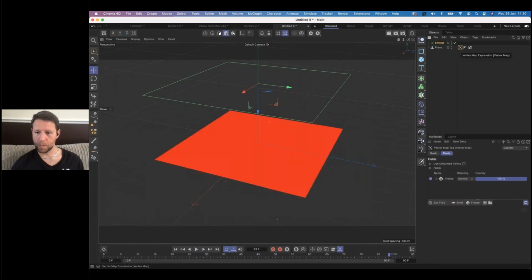Well, with my vertex map, I'm going to get rid of the freeze for the moment. I'm just going to drag and drop the emitter, plop. And it says, okay, what do you want me to register this as? A particle object or a point object? And I want to register it as a particle object. And you can see instantly where one of my particles happens to go through,